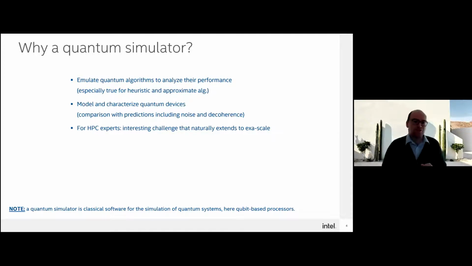There is also a third reason, more for the high-performance computing community, which is that the simulation of quantum systems is one of the tasks that very naturally extends to the exascale. So now that the exascale machines are coming up, the simulation of quantum systems is one of the very natural applications. On the other side, you may have followed the news that about 1 year ago, Google claimed the achievement